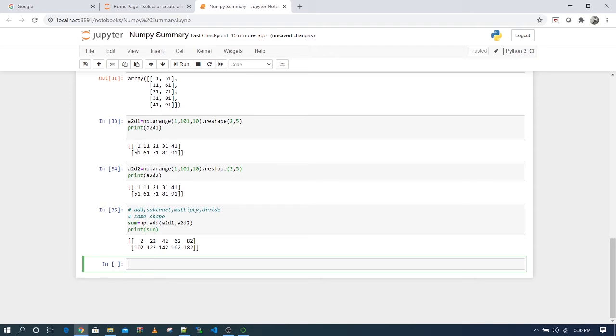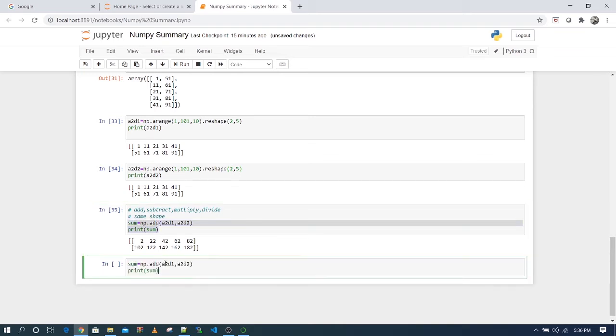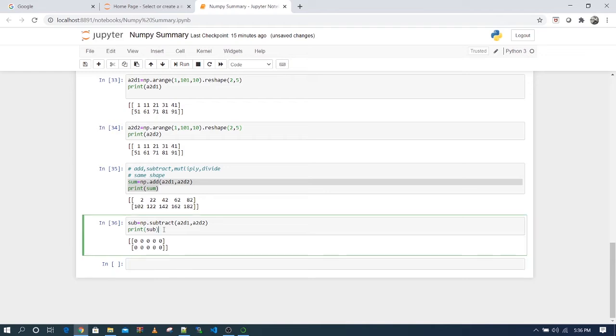Similarly, if you want to find the difference, you can use subtract. I have subtracted it.